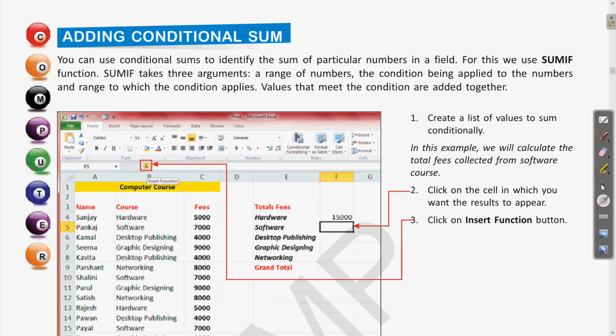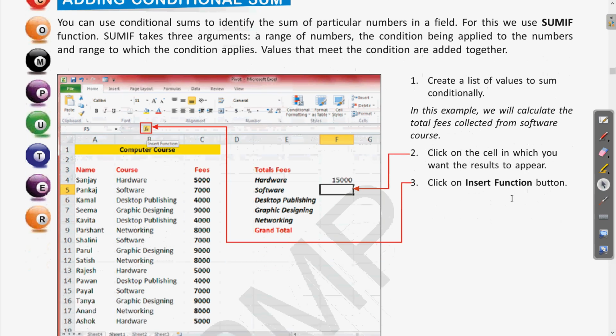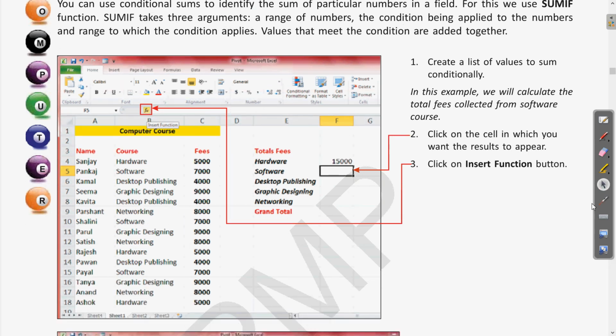So let us see the steps now. First is to create a list of values to sum conditionally. Clear? So first is the requirement of this list of values, if it is a computer course here. You can see these are the different names and the different courses the students are enrolled in, and the respective fees are given here. Clear?